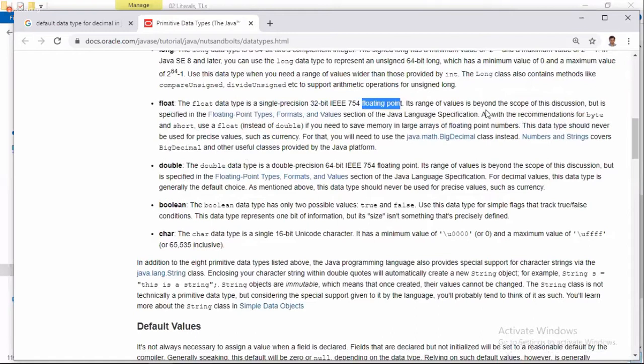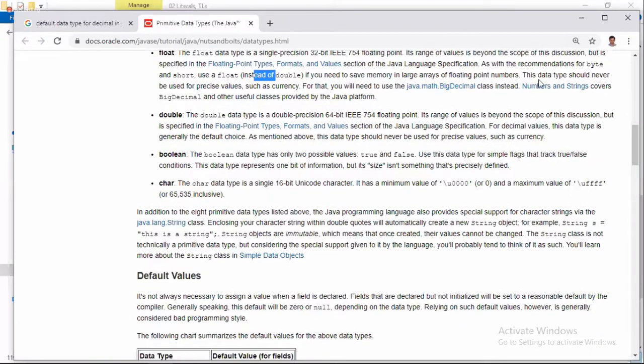Its range of values is beyond the scope of this discussion, but it is specified in the floating-point types, formats, and values section of the Java language specification. As with the recommendation for byte and short, use a float instead of double if you need to save memory in large arrays of floating point numbers.